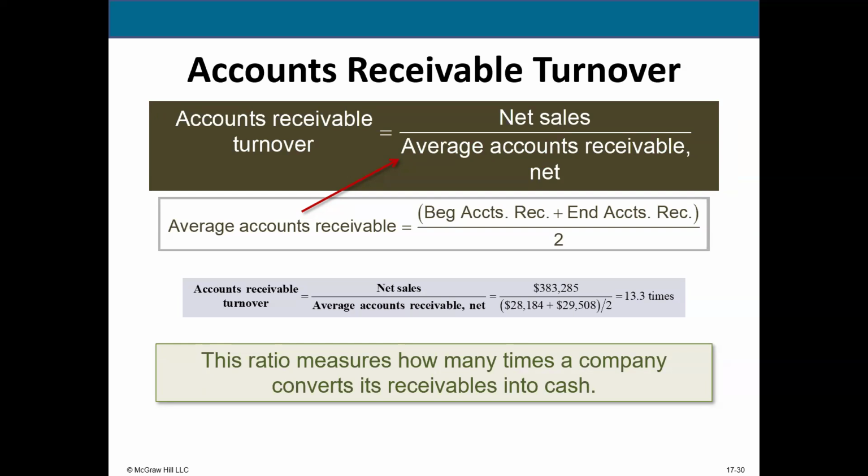Yep. So here we take our net sales or total sales divided by what we call average accounts receivable. To find the average of anything in accounting, we take the beginning balance plus the ending balance and we divide by 2. That's how you find the average. So in this case, we take net sales divided by beginning balance plus ending balance divided by 2 to find the accounts receivable turnover. And here we have for Apple,